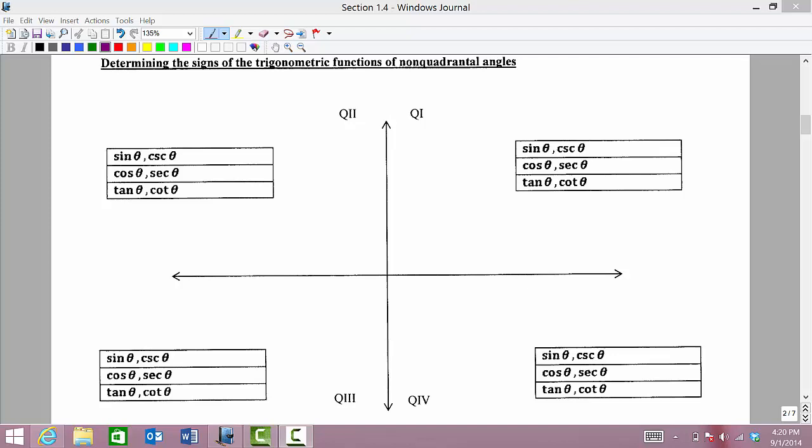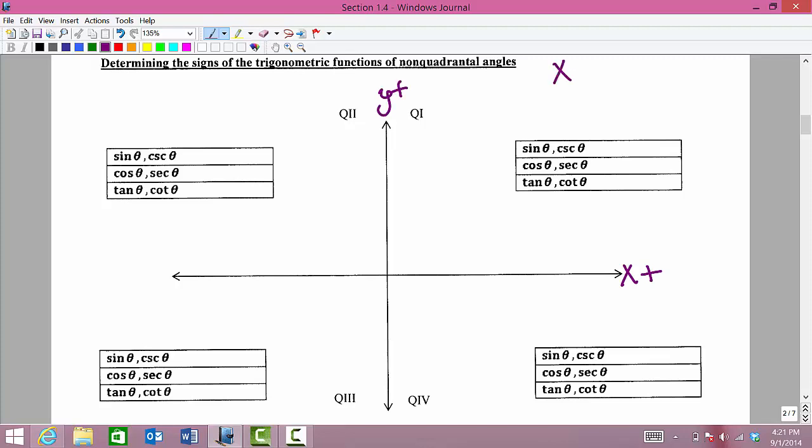In quadrant 1, we know that x is positive and y is also positive. So let's write that down. X is positive, y is positive, and remember that r is always considered positive in every quadrant because r is the distance from our origin point to a point that we pick on the terminal side. So since r is positive and x is positive and y is positive, keep in mind that all of